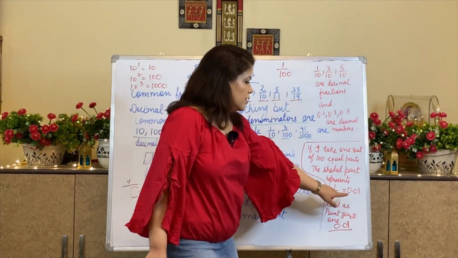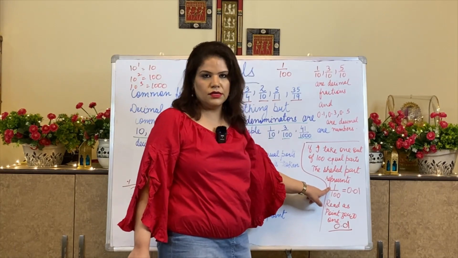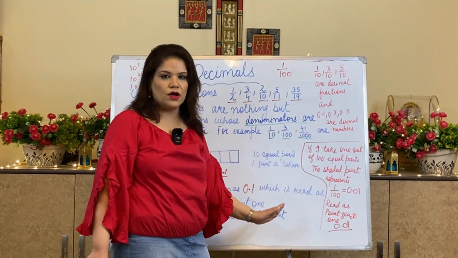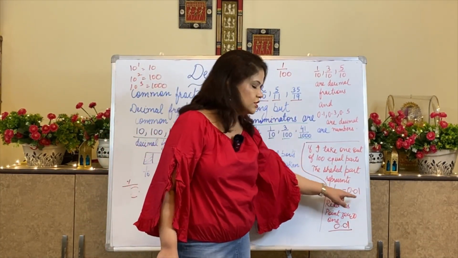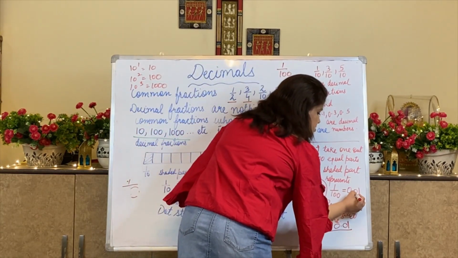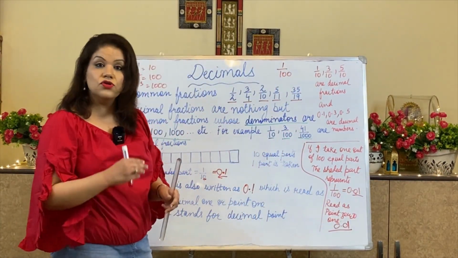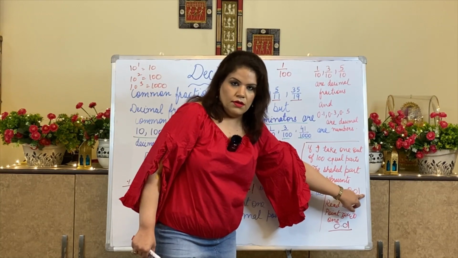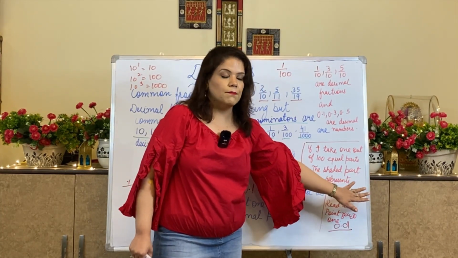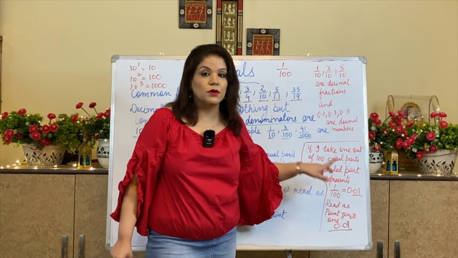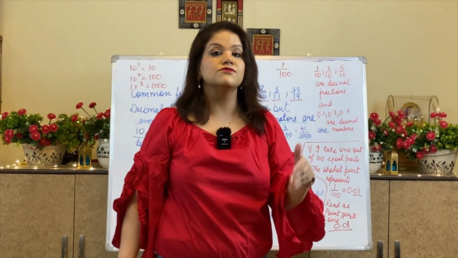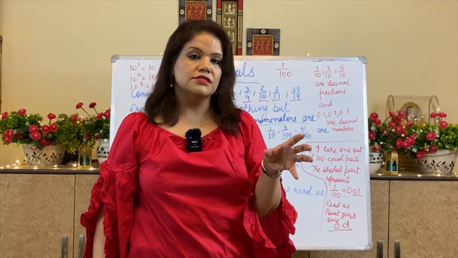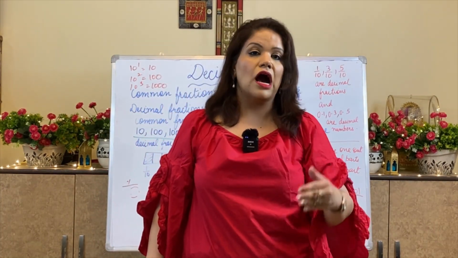So while having only one digit in the numerator, you have to put 0 on the left side of 1, not on the right side. To make it a 2-digit place, I have put this 0 on the left side of 1, not on the right side. Clear? So this 0.01 will become my decimal number. This was my decimal fraction because the denominator had a number of zeros attached to 1. So the number of zeros in a decimal fraction tells us how many digits should be there after the decimal.